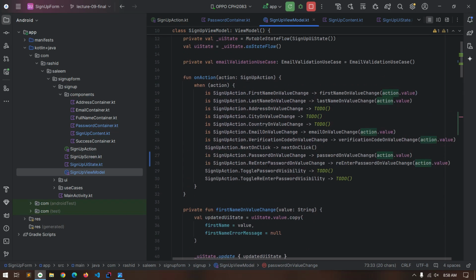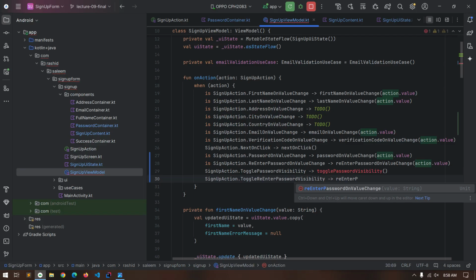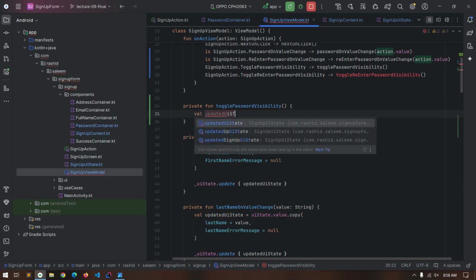So here we have the branch toggle password visibility, and toggle re-enter password visibility. Okay, so here press Alt Enter and create this function, and in this function we will update the UI state